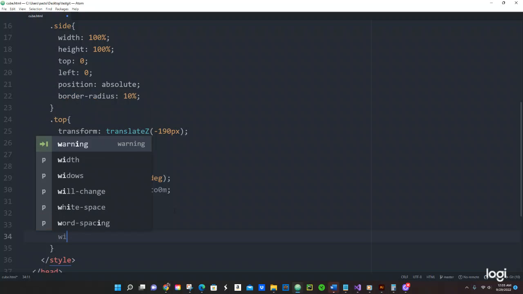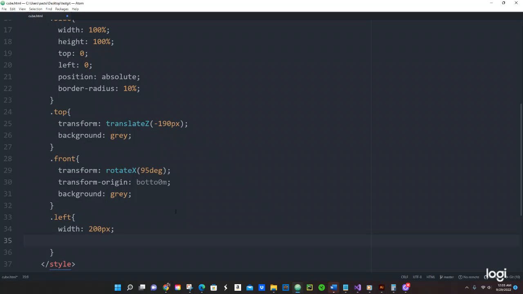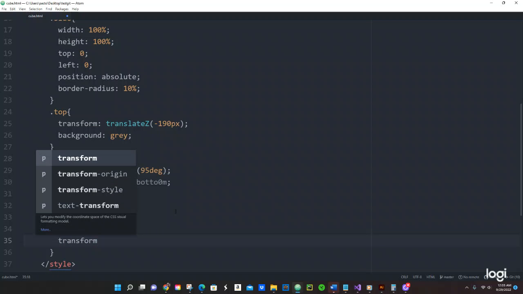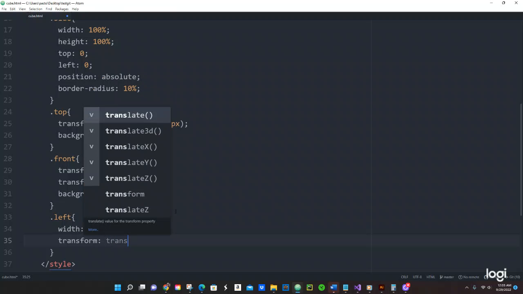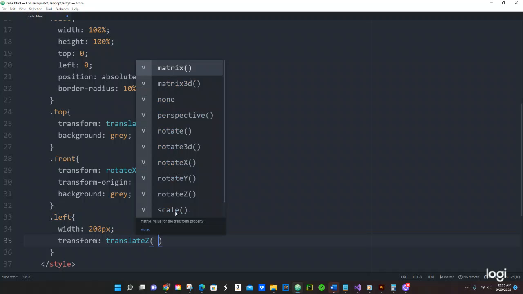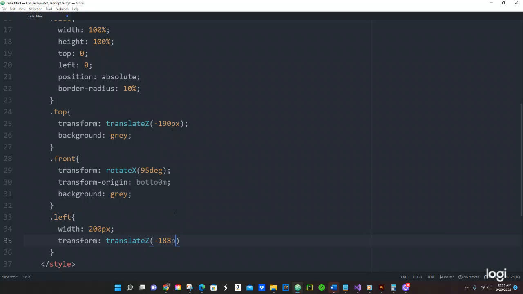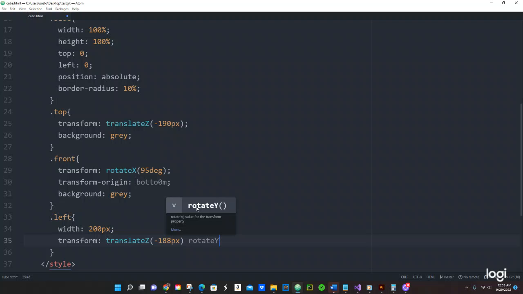so we got width 200 pixels, transform, we get translate, C, and then we got minus 188 pixels, and then we have rotate, and we're going to be rotate Y, and it's going to be 91 degrees. Okay,